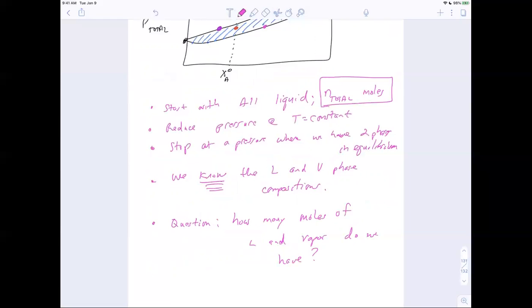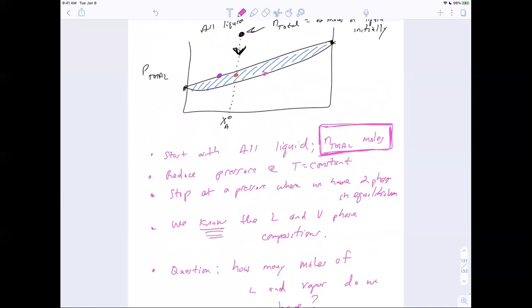Okay, so we started with N total moles of liquid. Once our system splits into a liquid and a vapor phase at this coexistence pressure, we may want to know how much of this is going to be in the vapor phase and how much in the liquid phase. Then again, if you're thinking about this in terms of separations, if A is the species you're interested in, the vapor is going to be